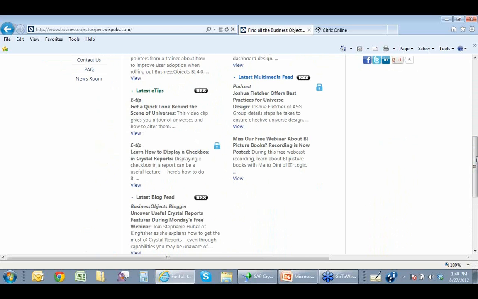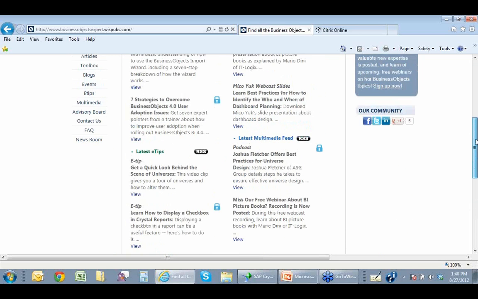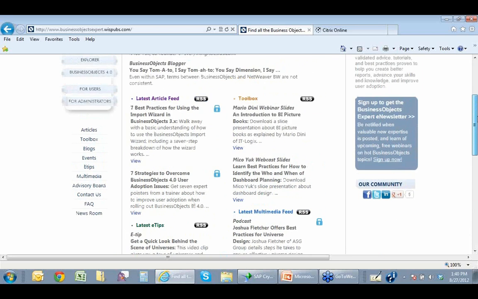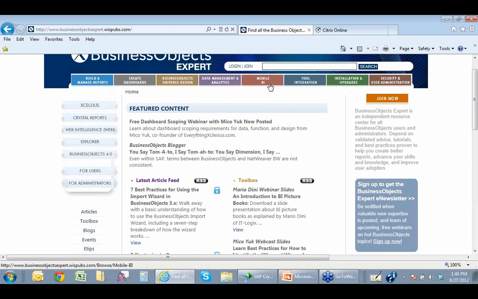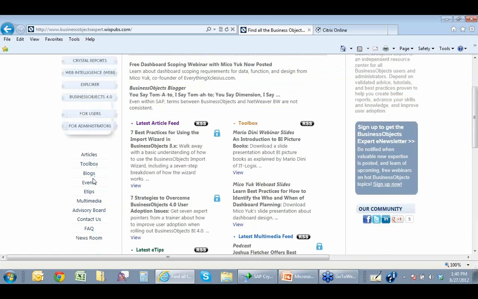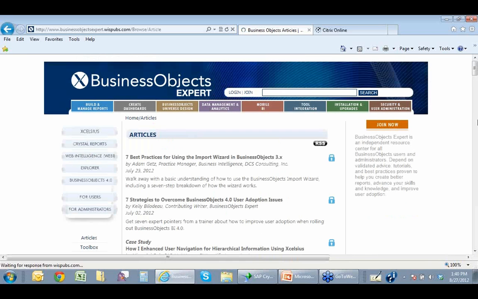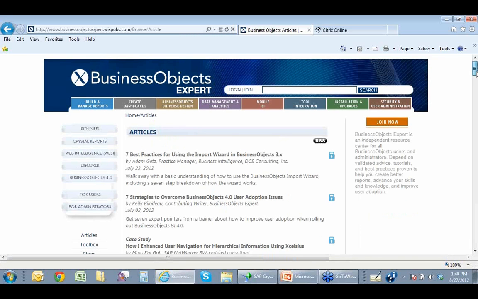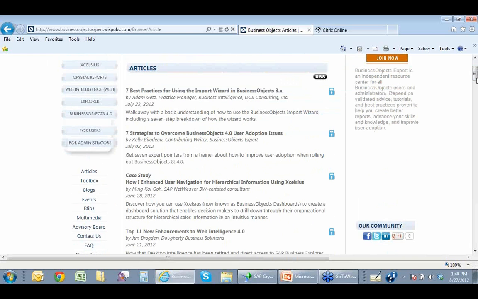As you can see, just even looking at the site, there are a lot of different ways to get into content here, whether it's through looking through our topics along the top navigation or checking through some of the specific BI tools along the left, and even further down you can see we divide it by types of content, whether it's blogs or e-tips or articles. And I'm going to click the articles link there just to show you what some of our articles are, because this really is the core in a lot of ways of the site,